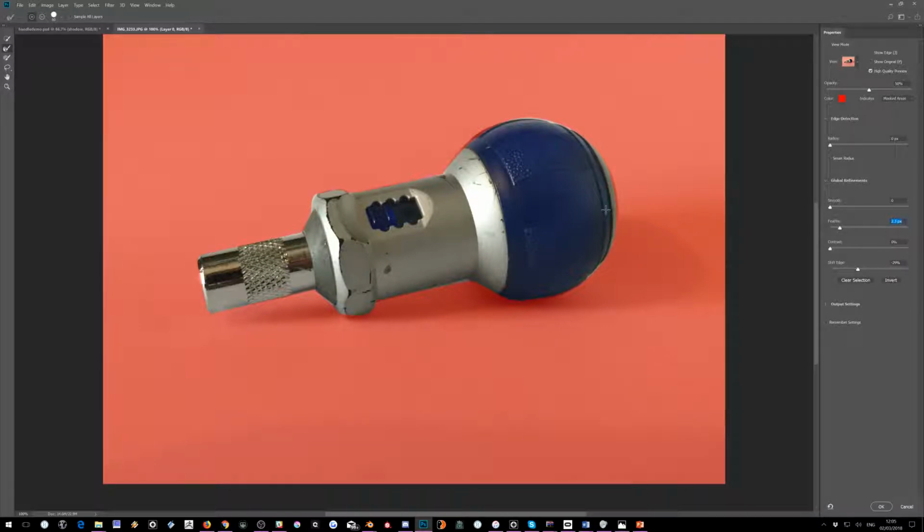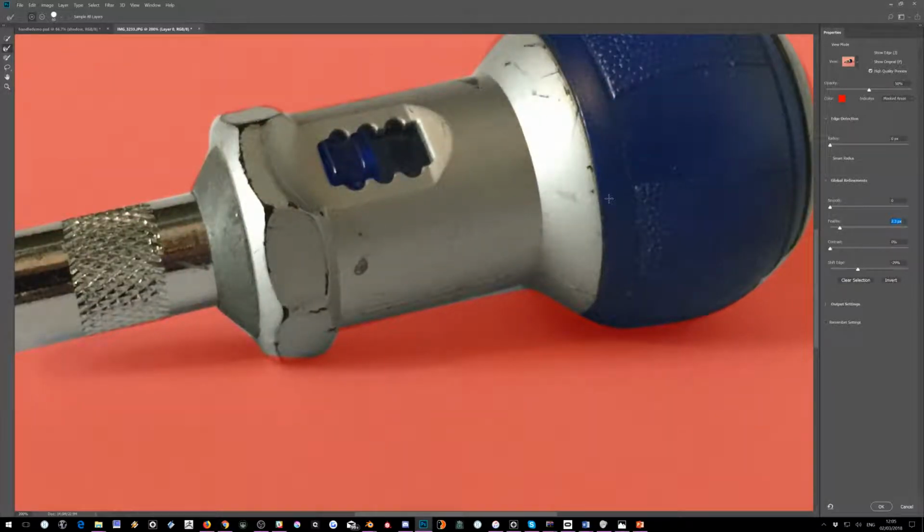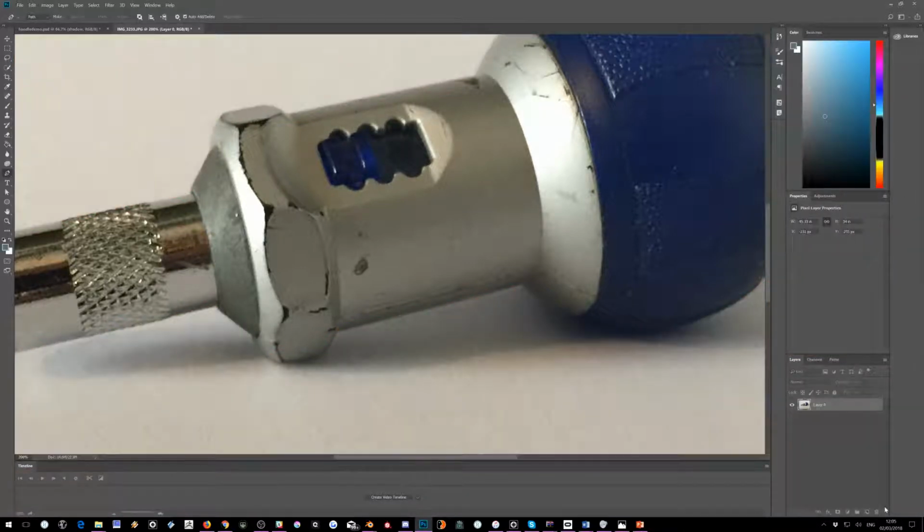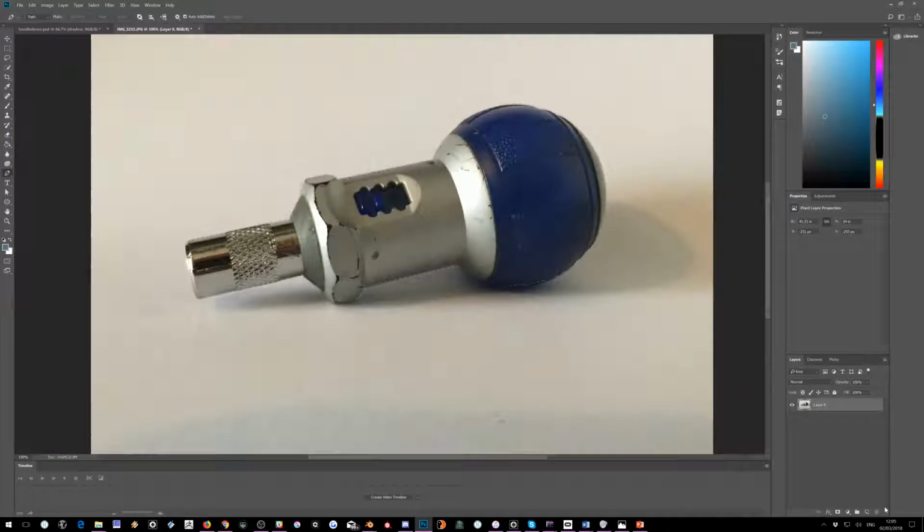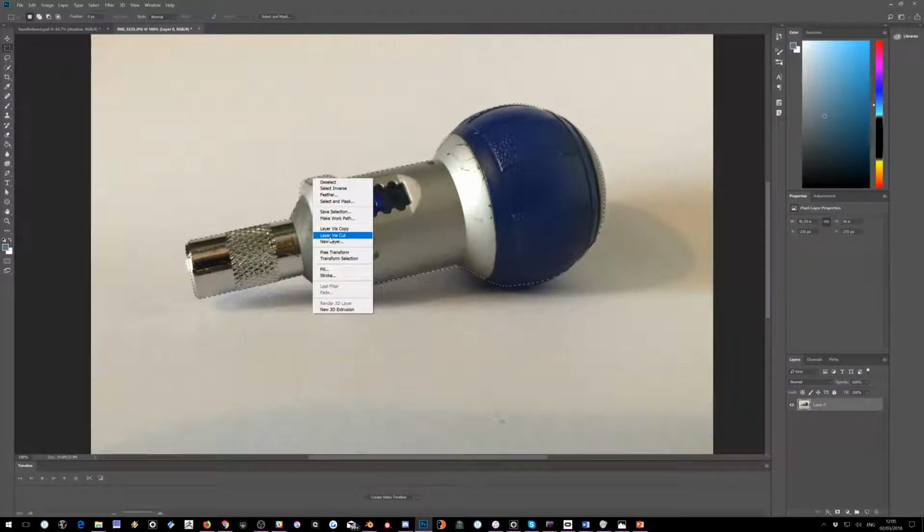I'm not seeing anything happening there. Oh yes, it's slightly feathered. That's fine. It's just subtle. So we've got our selection made. Now I want to get the marquee tool and just right click on my selection and do layer via cut. Layer via copy, in fact,